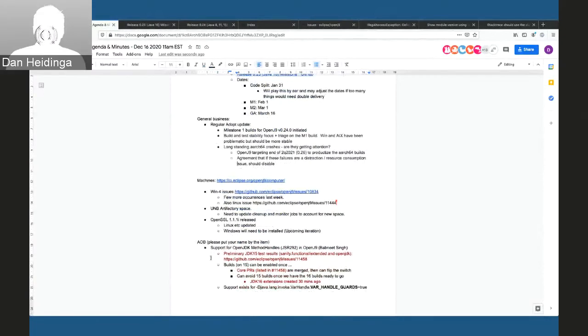Adam or Joe, is there an update on the infrastructure? Sure. Not specifically infrastructure, but the JDK 16 split is almost done, I believe. I was doing it this morning. Looks fine so far. Other than that, not too much to report. OpenSSL was released, a new version.